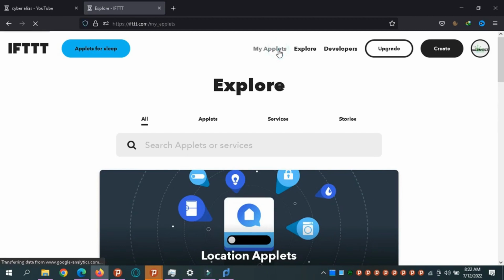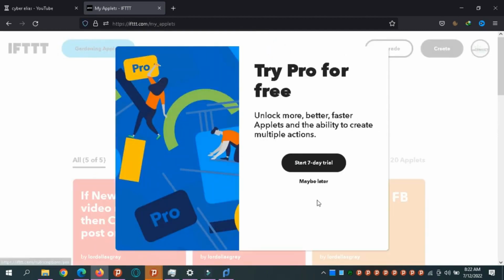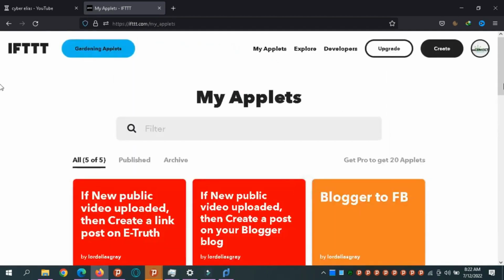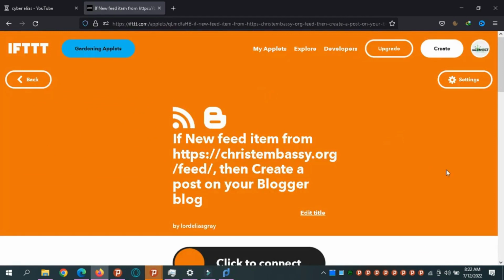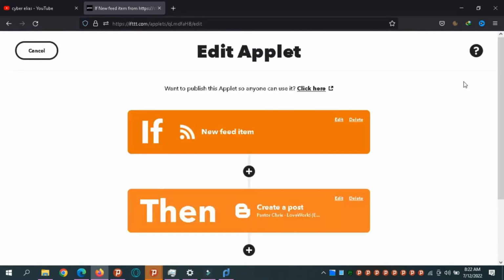Okay, my applets. I have one I can use to demonstrate something. So let's go to settings and let me edit this one and show you how it works. So now this new feed item,